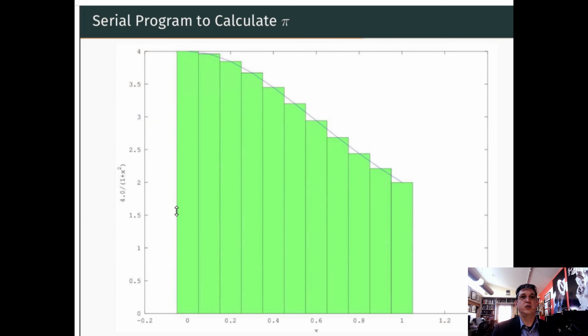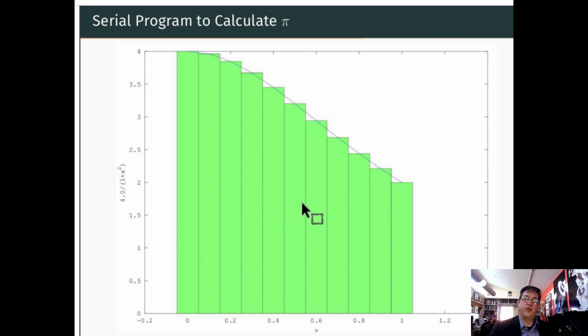So the first thing I'm going to do is show you a Python code that is a variation on the serial code you already saw. Let's first remind ourselves what it is we're doing here. So that pi estimator just sums up these rectangles. Now, if you were in a classroom, taking a calculus class or something, and you were allowed to break yourselves up into groups where you could solve this problem